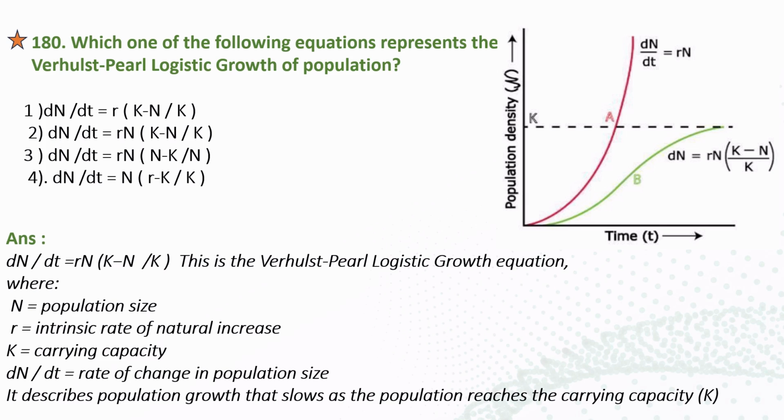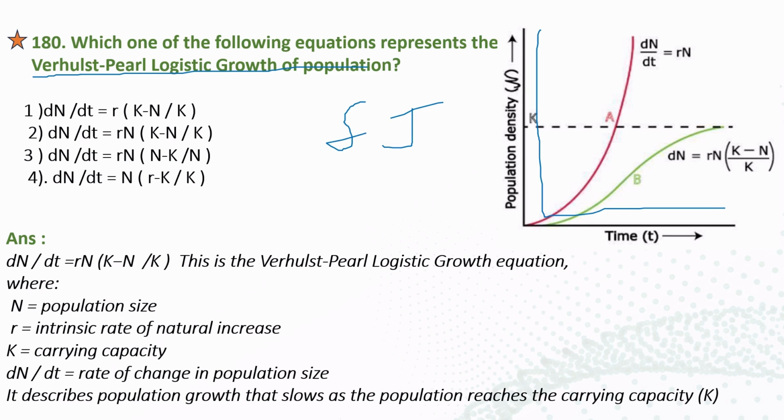So here they have given some equations. You have to say which one is the Verhulst-Pearl logistic growth of population. According to the ecology, they have given so many population growth curves like sigmoid curve, J curve, etc. Like we discussed this question also in the ecology PYQs. So according to the curve formation only, the Verhulst-Pearl, they have created a logistic growth equation for